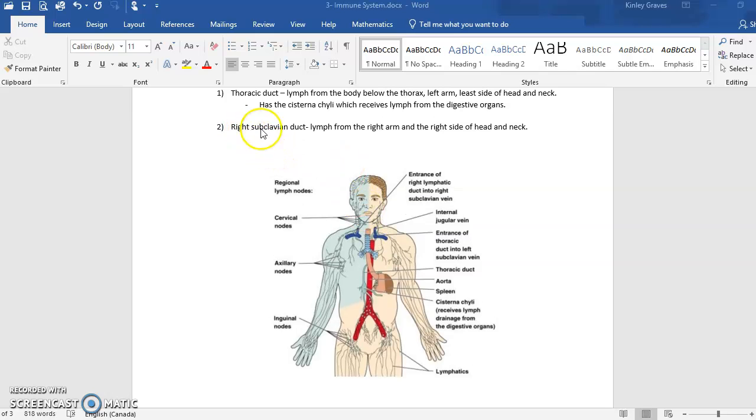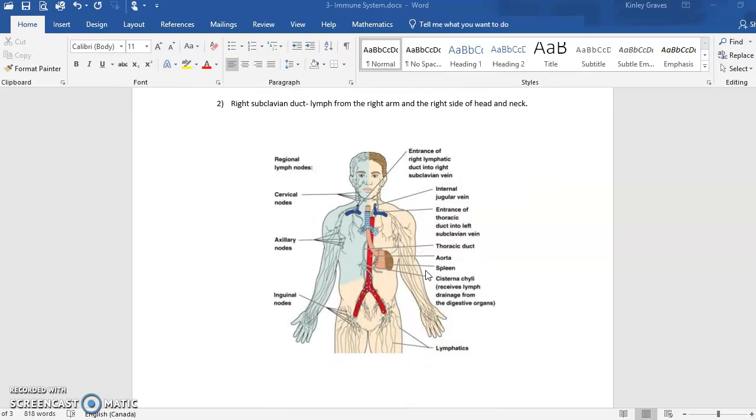And then if we look at the right lymphatic duct, it's lymph from the right arm, the right side of the head and neck. So this kind of chunk of the body in blue here would enter through the right lymphatic duct into the right subclavian vein. So that was kind of a long-winded explanation. Take a good look at this diagram. It explains everything quite well, how the different areas, so they're broken down like this. You can see the different colors, which sides of the body and how they empty into either the left subclavian vein or the right subclavian vein. Okay, so take a look at that on your own. That was a very long-winded explanation.